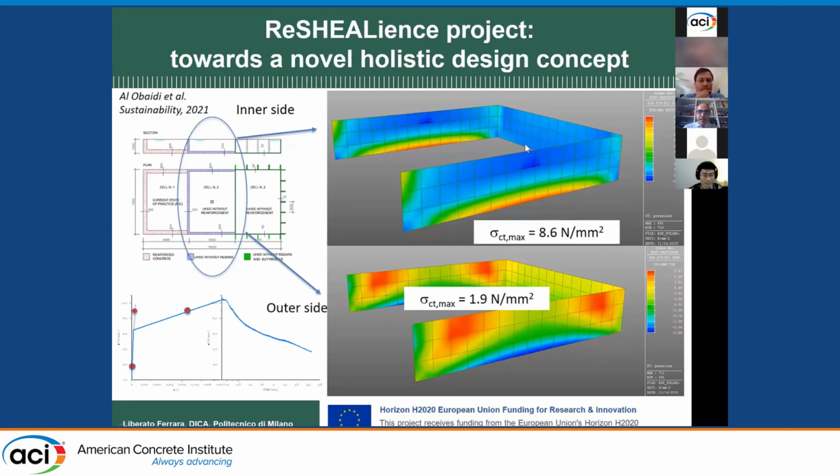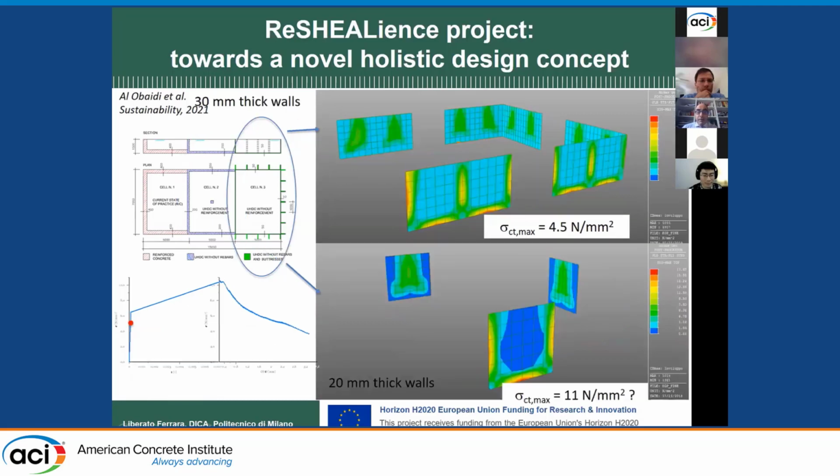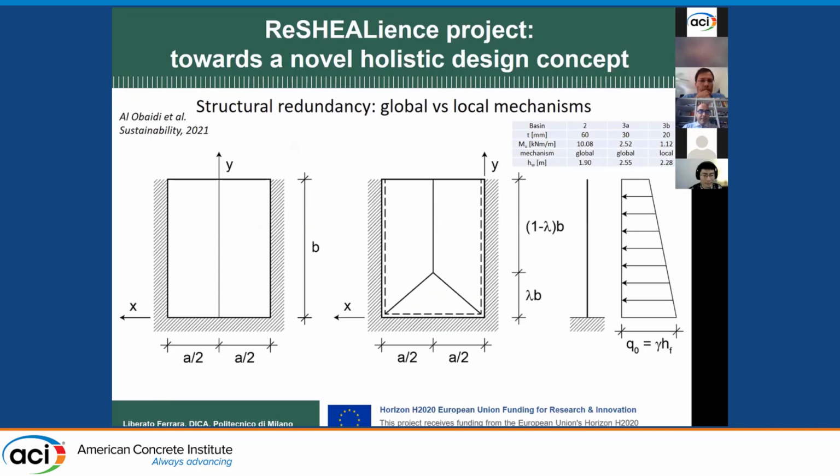And for the 6 centimeter stick material, these are the stresses predicted. You are almost in the range of the tensile strength of the material. But when we go for 3 centimeter stick, we found that in some cases the elastic stress is higher than the tensile strength. Only these are structures which have a higher stress redistribution capacity, so we have to go